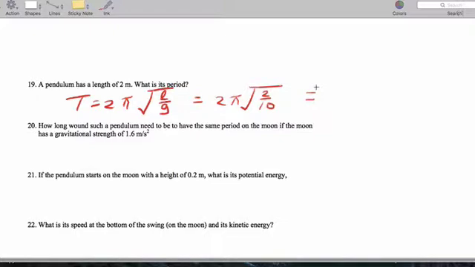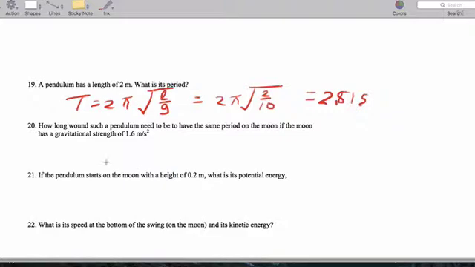So 2 divided by 10 is 0.2. Let's take the square root of that, and then we'll times that by 2, and then by pi. So we're getting a period of about 2.81